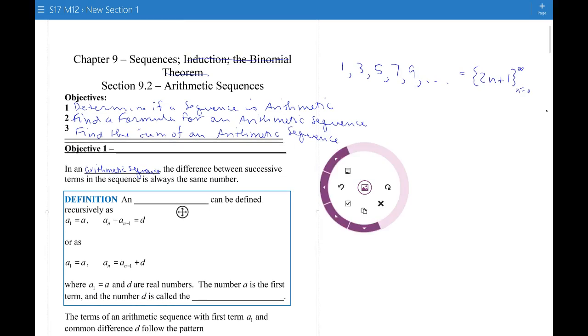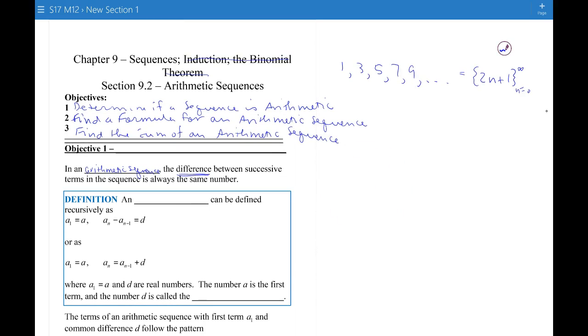And how we'll know it's arithmetic is the difference between successive terms. So if you take the 3 minus the 1, you get 2. If you take the 5 minus the 3, you get 2. The 7 minus the 5, you get 2, and so on. So successive means the one that comes right after. So an arithmetic sequence